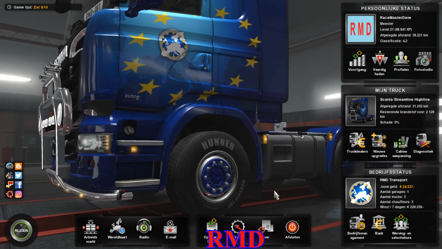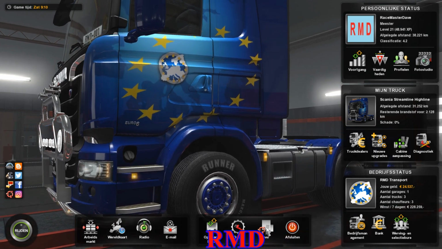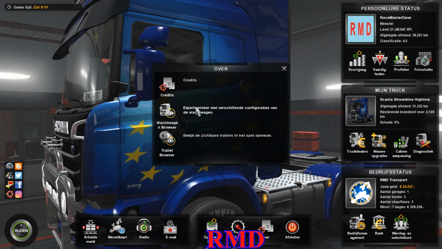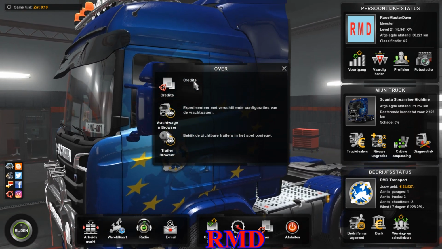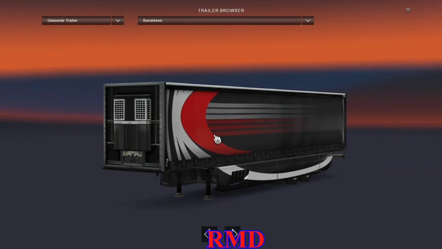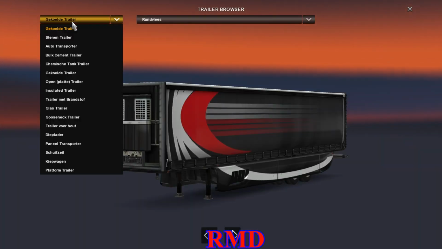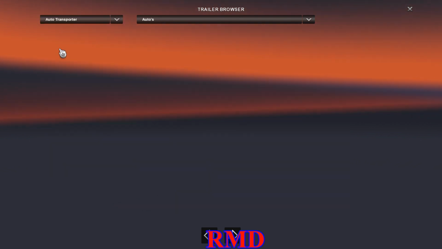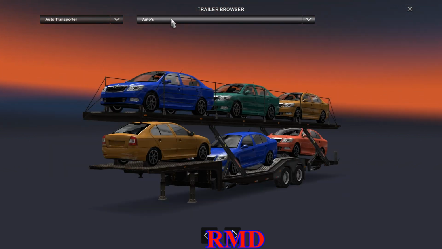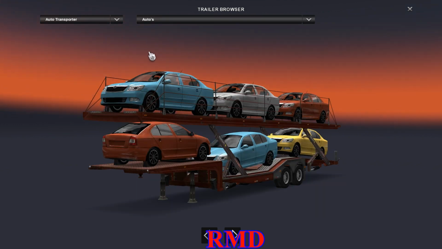But there is this About button here next to the close down, and you can click on that. The top one is like credits, and on the bottom one you can look at the trailers. For instance, if you click on that, you have all the different trailers in the game for car transport. Then you can see cars, and you have different cars and different colors, but they're all Skodas